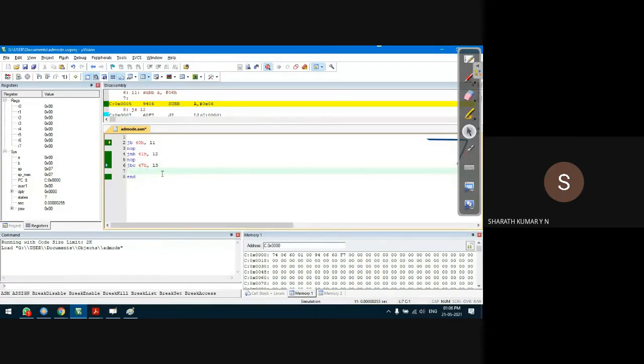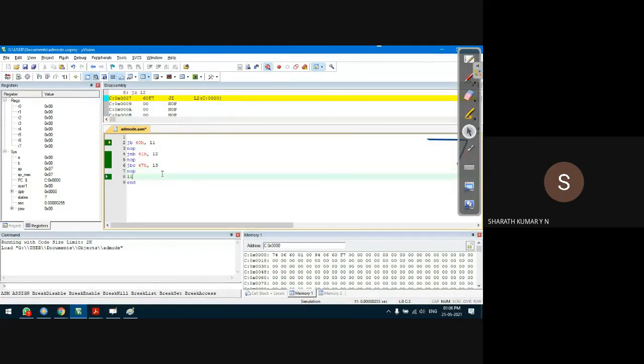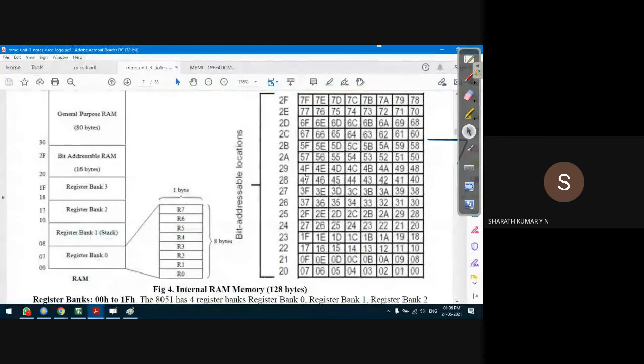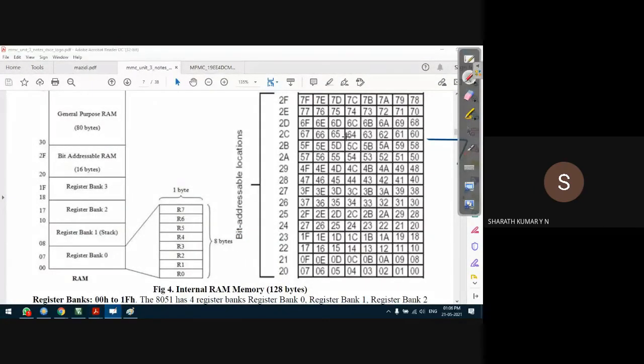Let us go somewhere here. I'll use NOP, L1, increment A. Some instruction is just to understand. L2, let us increment B, and L3, R0. Some example, just to understand the jumping operation. Here we go. But before that, I need to check this address, because I'll take such locations that are better. Yes, I'll take these three locations: 57, 4F, 47. This is better. I'll start from 47, 4F, 57. Just a second.